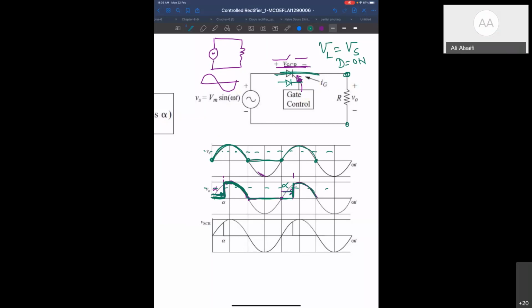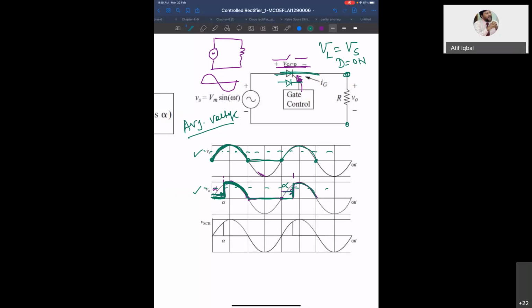Now, if I compare the average voltage of this waveform and this waveform, which one will be higher, diode or thyristor? Thyristor. Thyristor will be low, because you see you are getting only this much portion of the output voltage, but here you are getting the full portion. Less time, doctor, right? The average is the value over time, but here we have less conducting time. Yes. So the voltage will be less in the case of thyristor based.